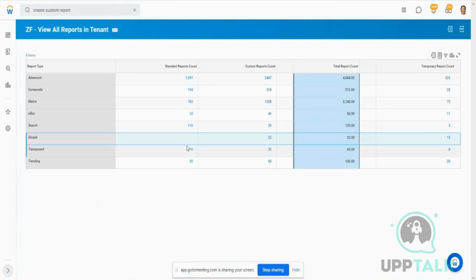Now any rows are basically used for any update to the formatting. So the default data that I'm getting from the custom reports, I'm directly pulling that data onto my composite report, right? Any extra formatting that I want to do, I can do it at the row level. So for example, let's say for each of these columns, right, I want to get the total. So here I have the totals for row. So 10 plus 33 is giving me the row total, which is 43, and 22 and 110 plus 29, so